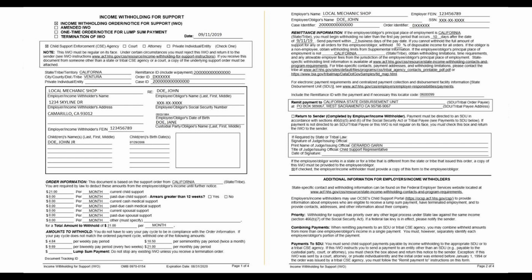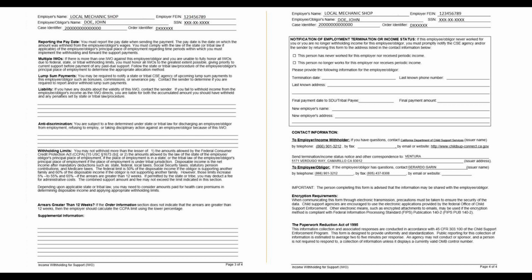And in this case, it said that you need to comply no later than the first pay period that occurs 10 days after the date, in this case 9/11/2019. So you're going to want to make sure you review that and understand what your requirements are under this section. You're going to give a copy of these documents to your employee. And it's just a very simple 4-page document, one for you, one for your employee,